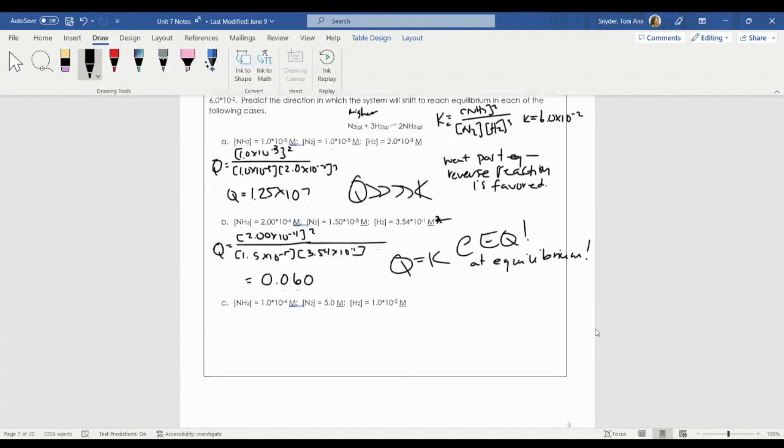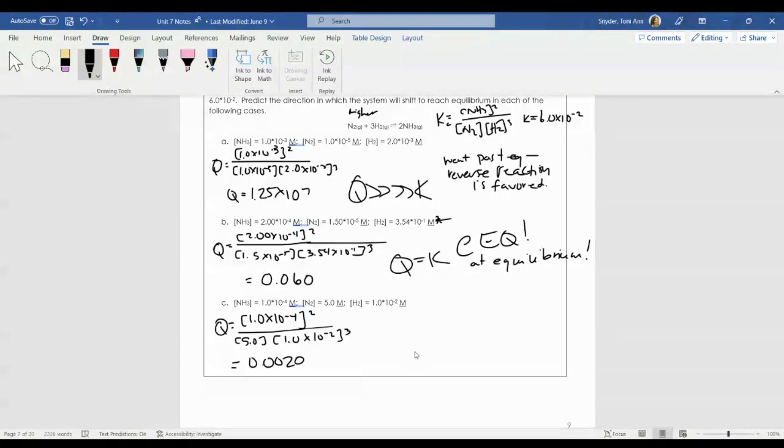So let's see if this last reaction is at equilibrium. So again, I'm going to plug in all of these concentrations and solve. So Q is equal to, we have 1.0 times 10 to the negative fourth squared over, got a very high concentration of nitrogen here, 5 molar, times 1.0 times 10 to the negative 2 cubed. And I forgot my cubed up here too, actually. And when I solve for that, I get